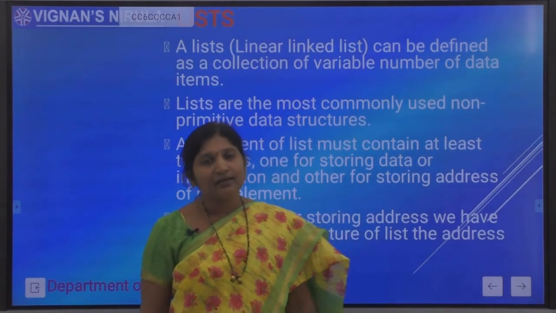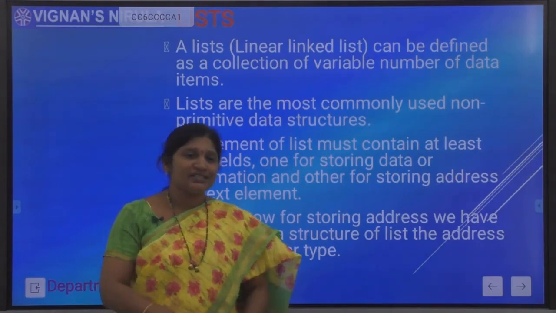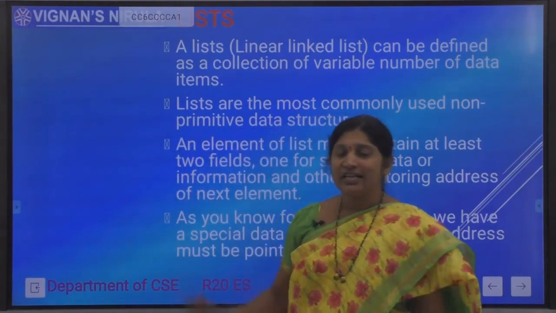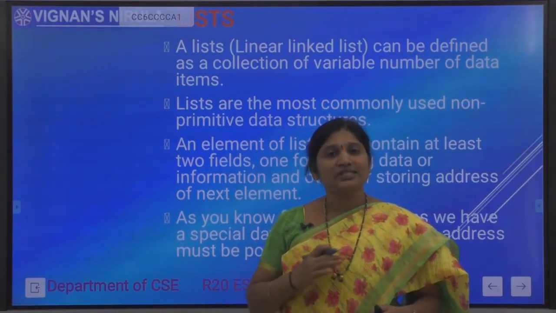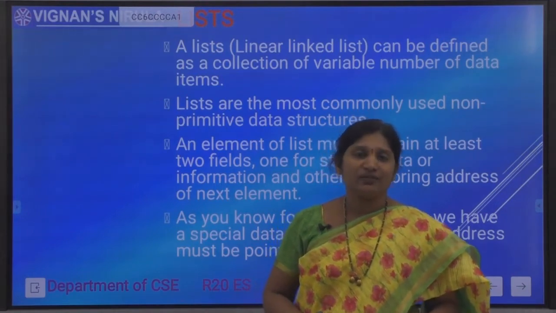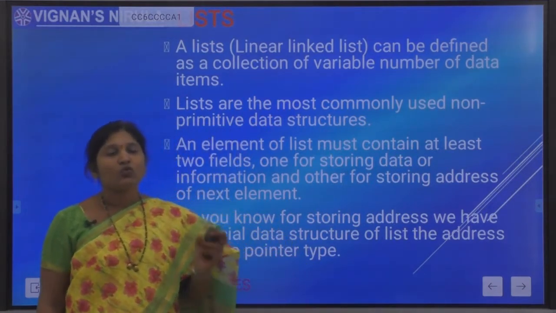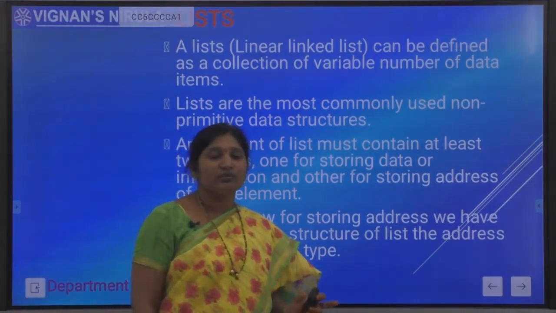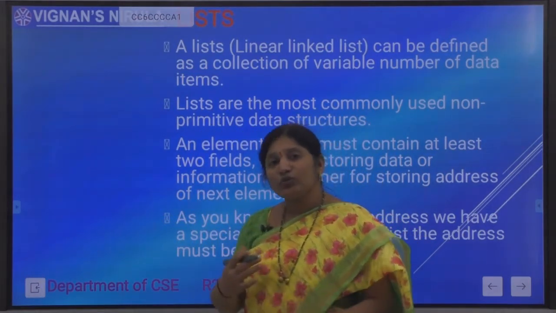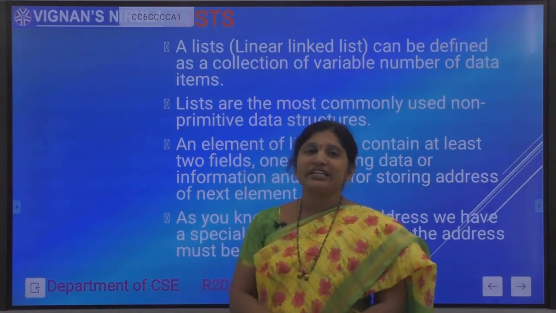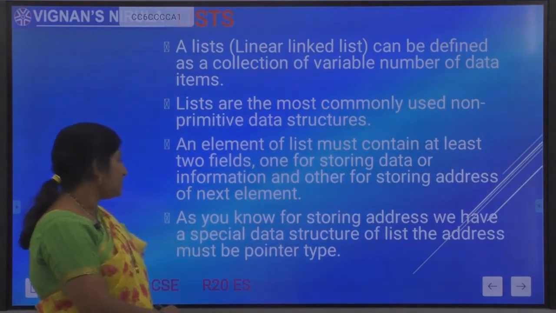So the second most regularly used data structure is the list. As its name indicates, we can represent the given collection of elements as a linear list. Lists are linear data structures which identify the linear relationship that exists among the given group of elements. In other words, the given group of elements can be linearly represented by means of a list.